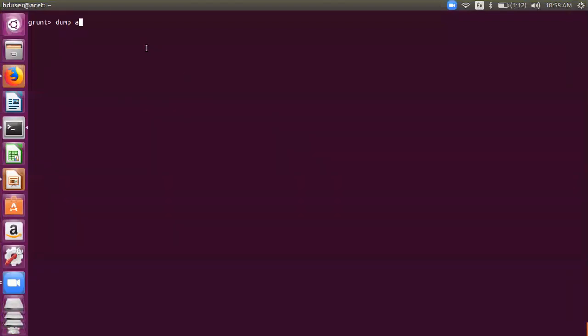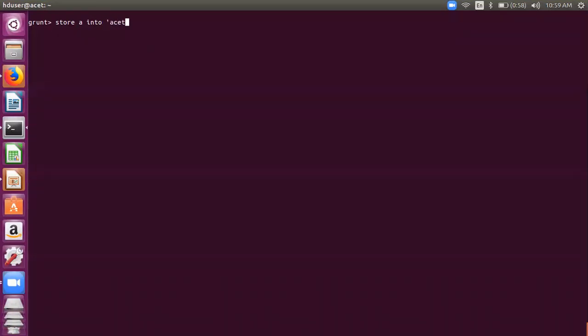Yeah. So dump does not require a relation on the left. Similarly, store does not require a relation on the left. These are the only two operators, dump and store, that don't require an operator on the left hand side. All the rest of the operators in Pig require a relation on the left and an equal to, and then the next operator, right? Remember this. Dump and store are the only two operators which don't require a relation for storage. So, store A into,